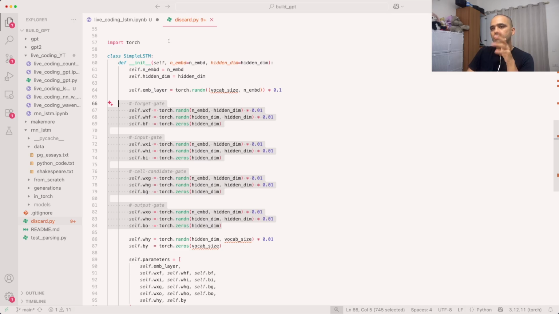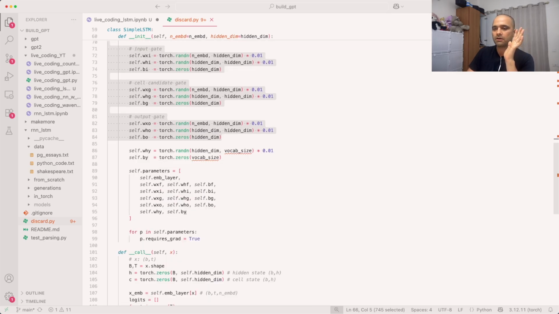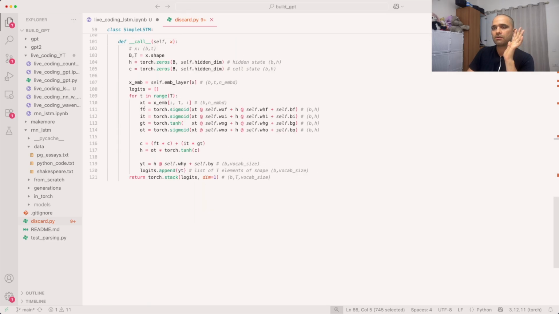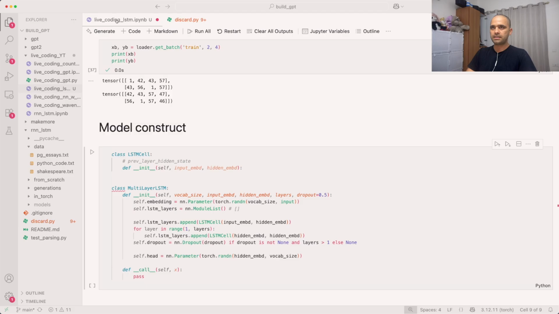This is okay, but there's a better way of doing it, because at the end of the day, all it does, if you look in the forward function, is a lot of matrix multiplication and addition with broadcasting. Here, it's a lot of multiplication going on. So if we can collapse all these multiplications into one big matrix multiply, it would be better. So let's say here,